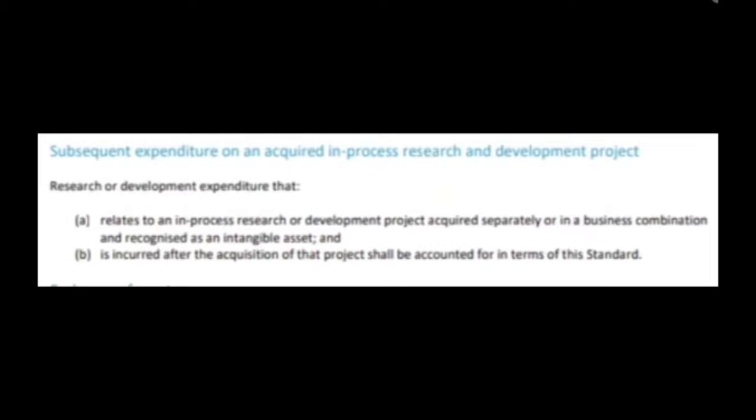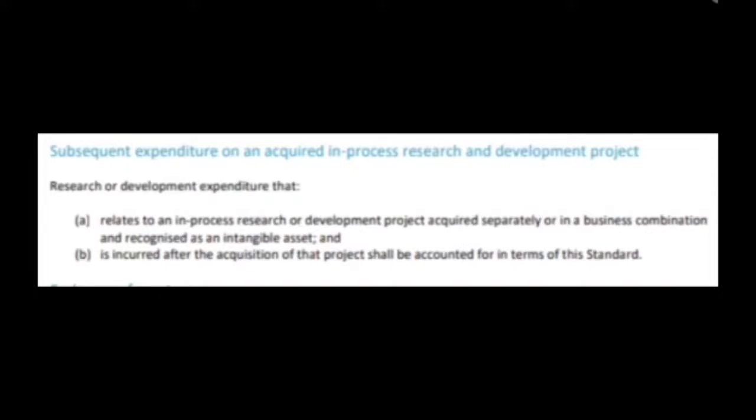Subsequent expenditure on an acquired in-process research and development project. Now the question is, what is research and development? It means the research or development done for producing any intangible. So whatever cost is incurred on the research or development phase shall be part of the cost of the intangible asset. So research or development expenditure that relates to an in-process research or development project acquired separately or in a business combination and recognized as an intangible asset,